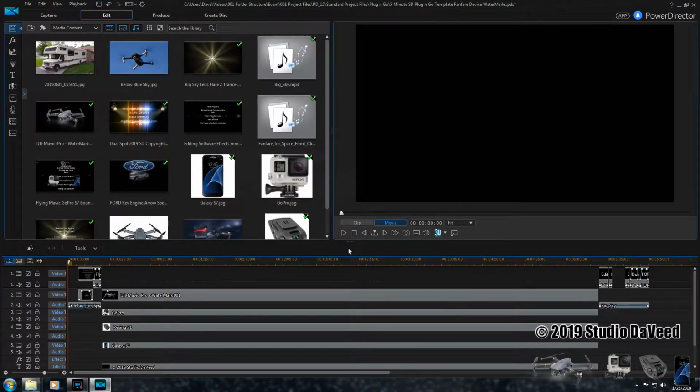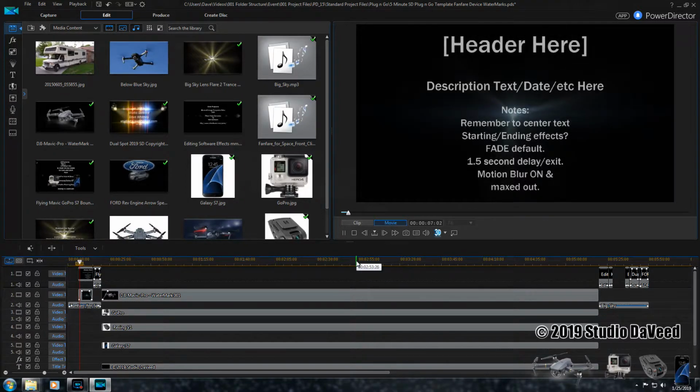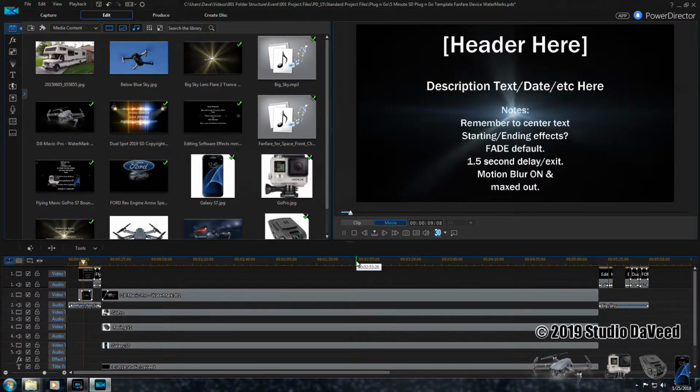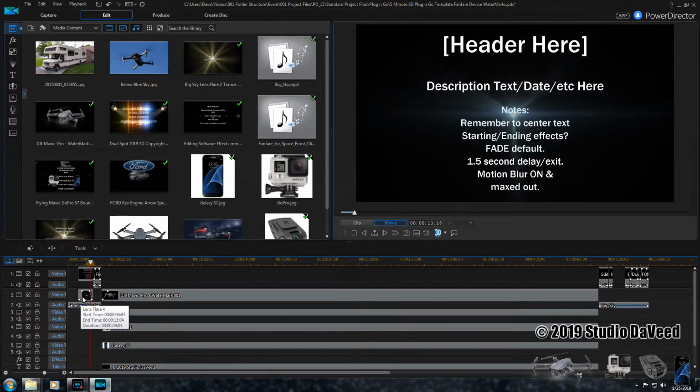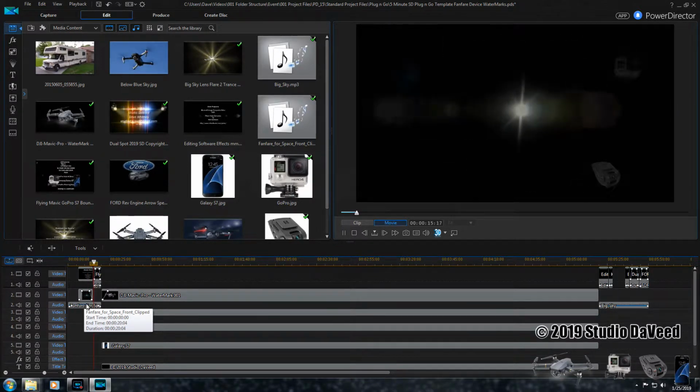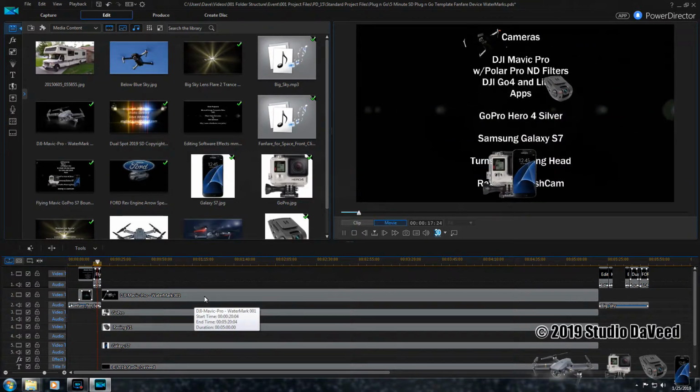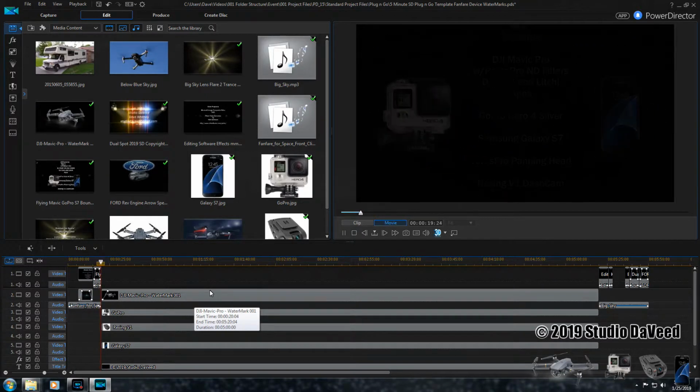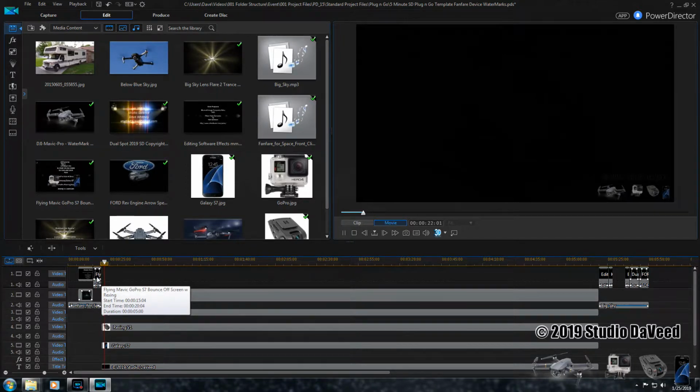This is my go-to template. I'll let it roll through here. That's where my opening card would be with my title, Studio David. This is the opening notes. I can change those to anything that I want. I have the flare, my music here in this track here, my cameras. The cameras is a mini movie that I've already made and rendered, and then I have that installed